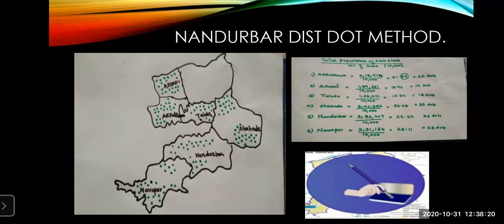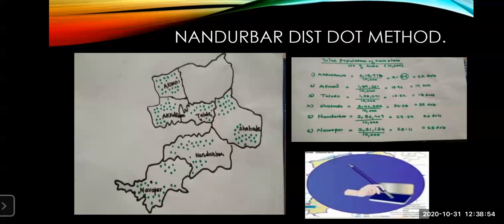Here on the slide, there is one procedure for how you're going to get uniform dots. I have done it with the help of a sketch pen, but those are not uniform. To get uniform dots, close the back end of the empty refill with cotton. Press this end on a stamp pad and draw the imprints of the dots in the map. I've just used a pen over here, but you can use this to get uniform dots.